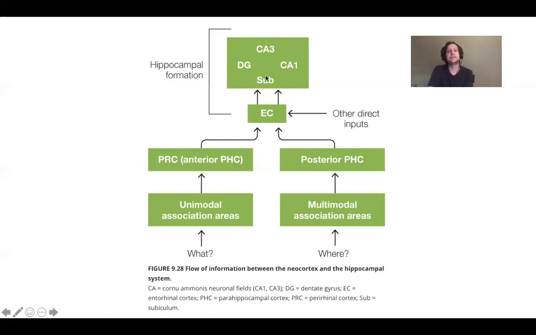So the hippocampus is composed of these 4 subregions. You don't need to know these at all. In my cognitive neuro class, I might make them know a couple of these, but for you guys' class, you definitely don't need to know these different subregions. It's the subiculum, dentate gyrus, CA1, CA3, just so you know how these are pronounced. These are 4 subregions of the hippocampus. The EC, the entorhinal cortex, sends information into the hippocampus.